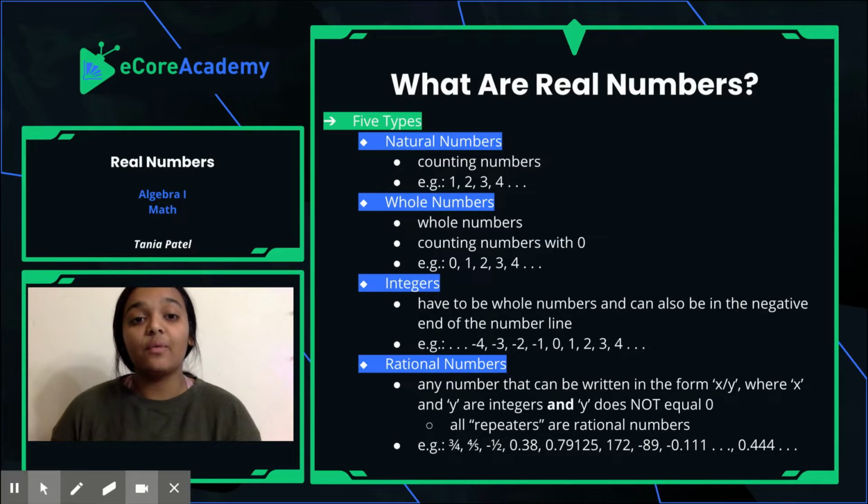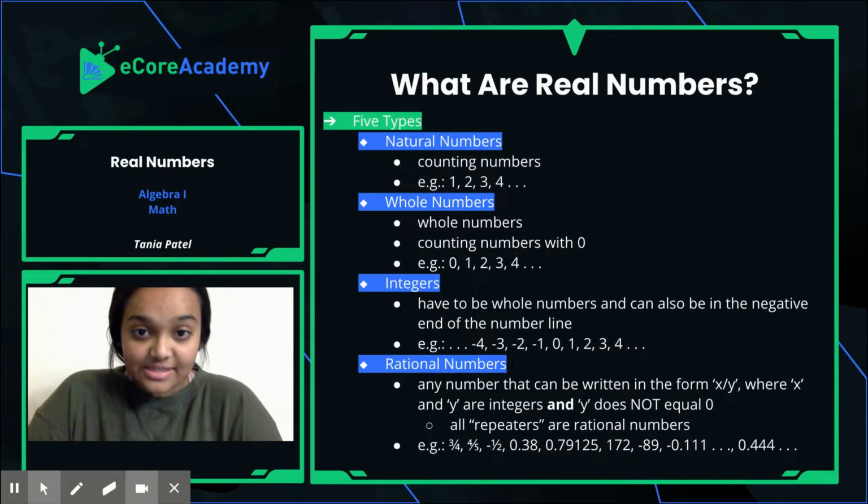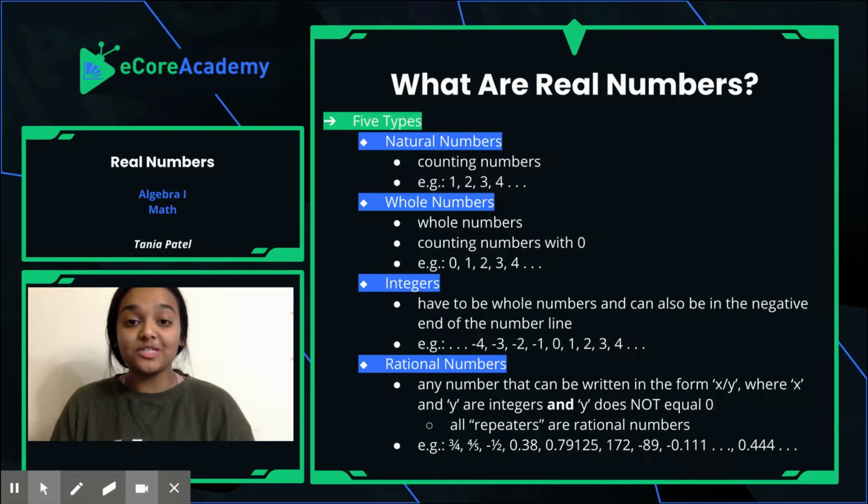We'll also discuss what non-real numbers are, and then we'll apply all of these descriptions and definitions in the first 2 slides to actual problems, classifying whether or not they're real numbers, and if they are, what type. So let's start discussing the first type of real number on the list, which is natural